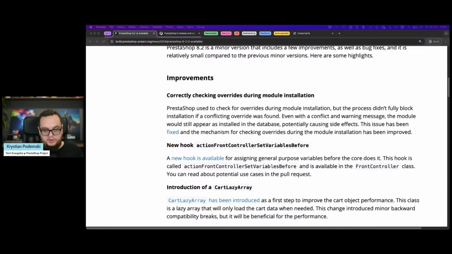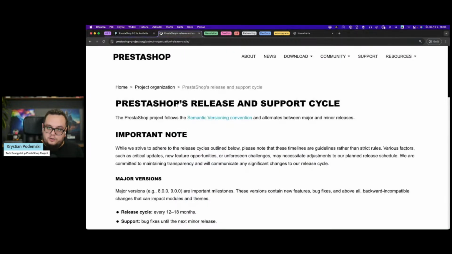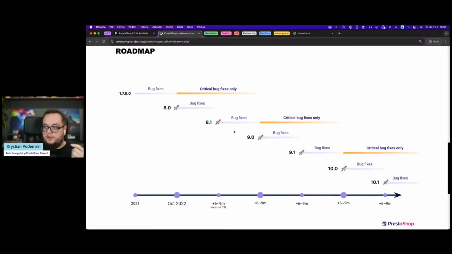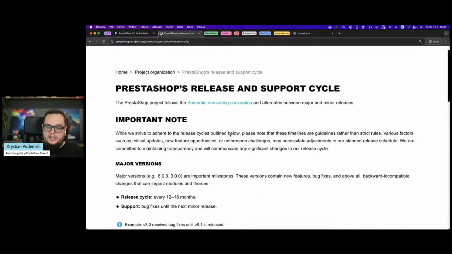details of the implementation. What's also important is that after the release of PrestaShop 8.1, there were some questions like, why did you do it? Why did you release a new minor version, even though this release schedule that you now can see on your screen didn't anticipate any 8.2 version? So we edited this page